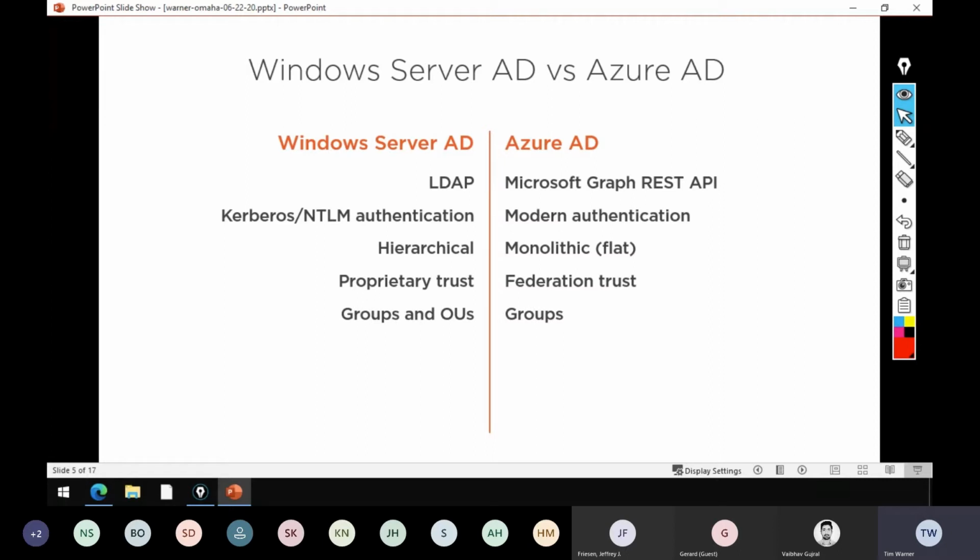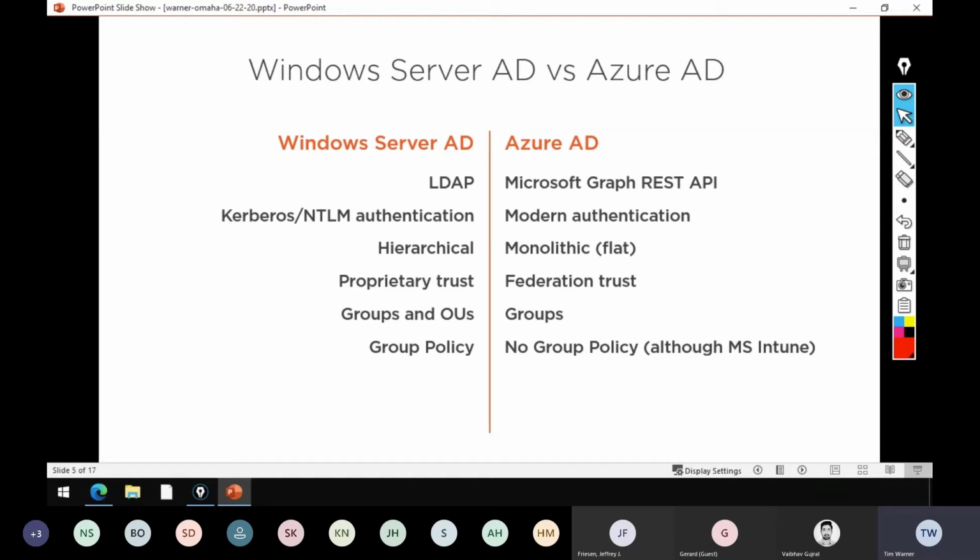In Windows Server, of course, there's groups and organizational units. In Azure AD, there is groups. In fact, dynamic groups are pretty compelling. I'm a big fan of those. I'm sure we'll have a look at those as we get into the demo. But there's no OUs. There's no structuring, which can present some issues in a hybrid cloud. For instance, if you're using Azure AD Connect to bring users from multiple local AD domains into a single tenant, they're all going to go into the same list.